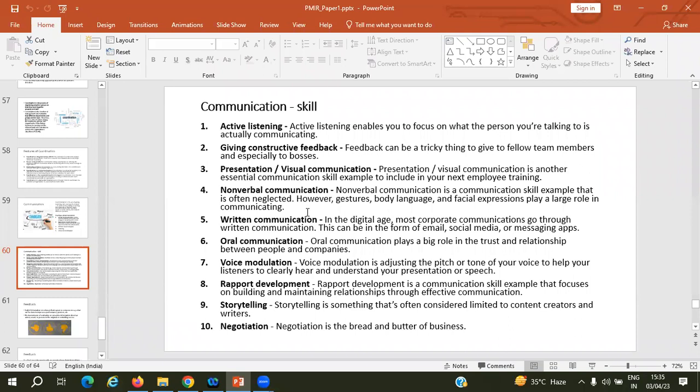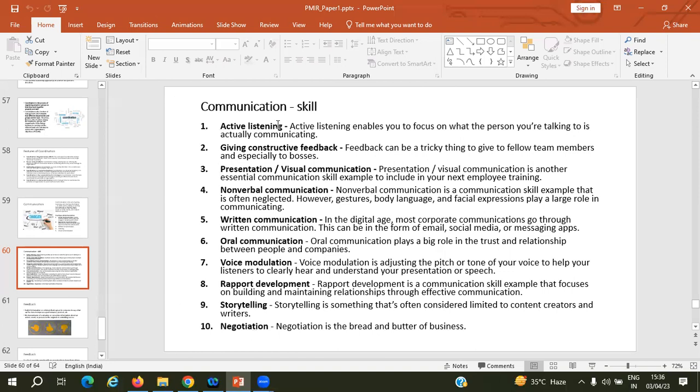There are 10 different types of skills or different types of communication, written, that will fall under either oral communication, written communication, or listening communication, whatever we studied. But these are different types of skills required in business nowadays. And I was telling you, you can relate this to your day to day personal life. Once you understand this, you can relate.